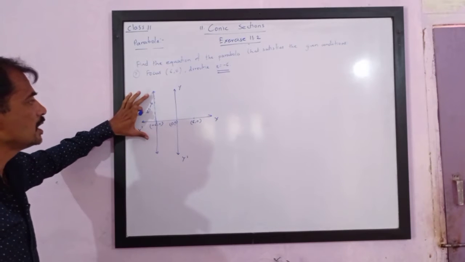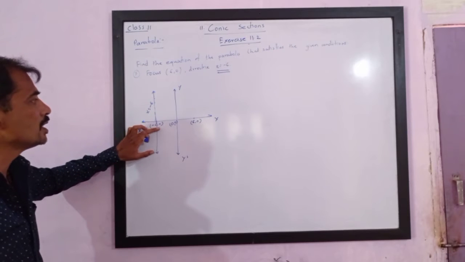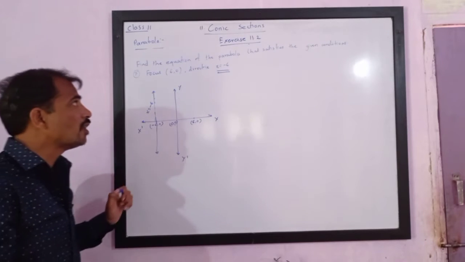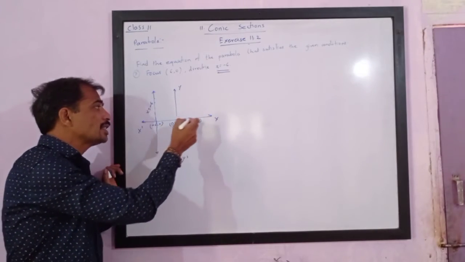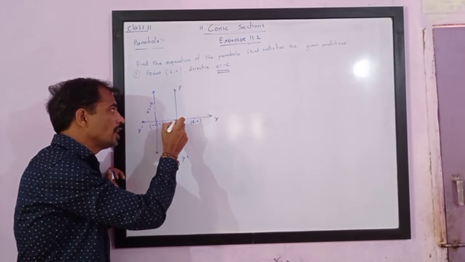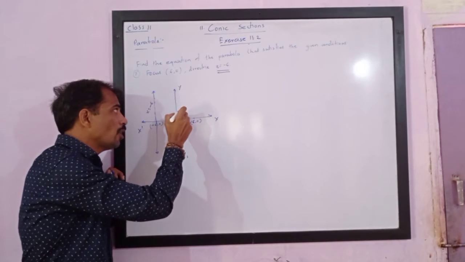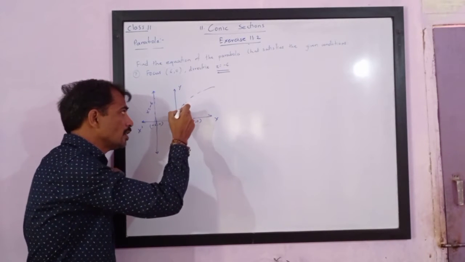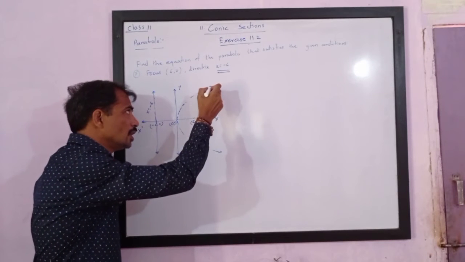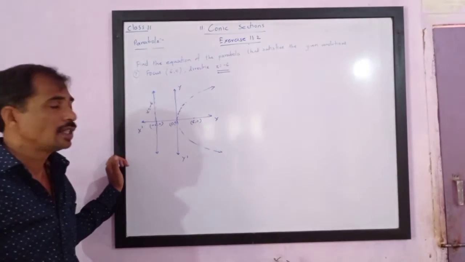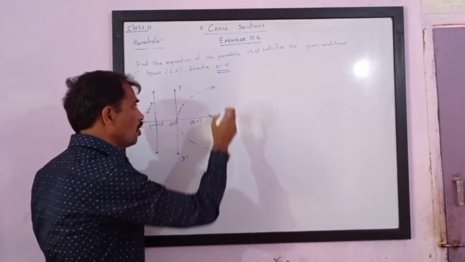Now x equal to minus 6 is the equation of directrix. Origin is 0, 0. It is cutting x axis at minus 6, 0. Now we have defined a parabola. Parabola is a set of all the points which are equidistant from directrix and the focus. So if you try to plot the point you will get the equidistant point at the vertex. Then if you try to plot equidistant points you will get a graph something like this. So please note it is symmetric about x axis, that is the positive direction of x axis. Hence we can say the equation is of the form.